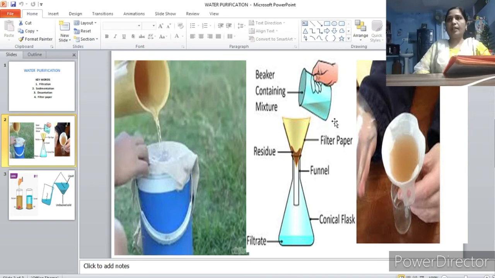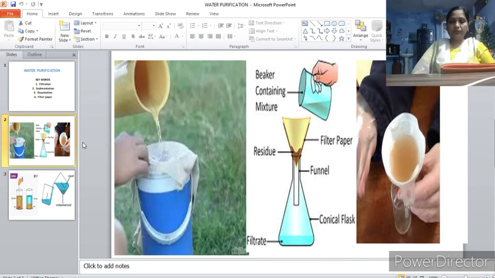And the next question: write the steps explaining the cleaning of water by the filtration method. So how are you going to filter the water using the filtration method? You have to explain step by step. What you understood from this experiment, write in your own words. And the last one, draw a labeled diagram of your experiment setup. Again, the same diagram given on this page, you need to draw in the place provided and also label the parts.